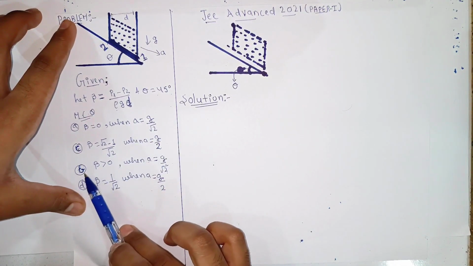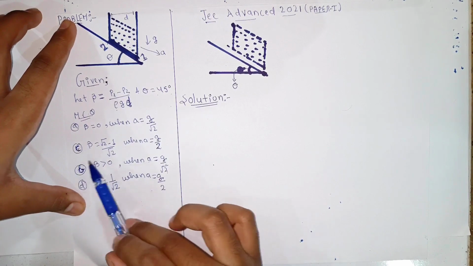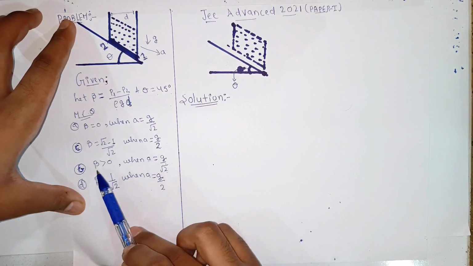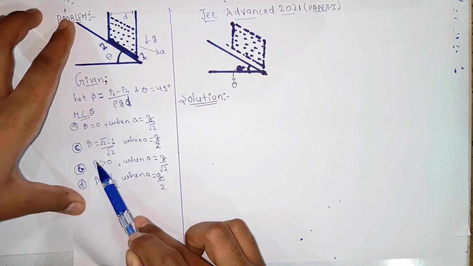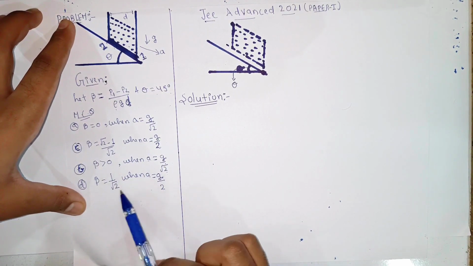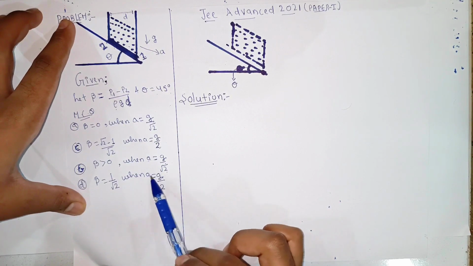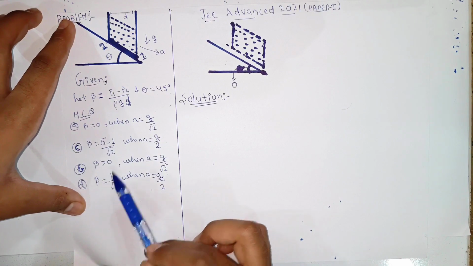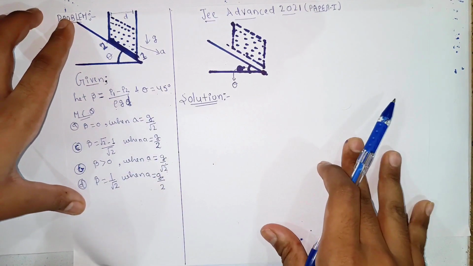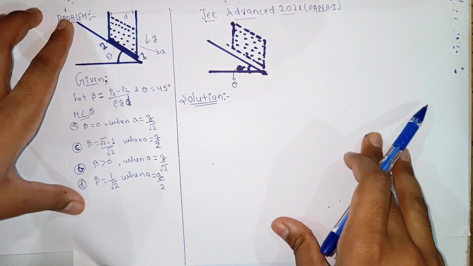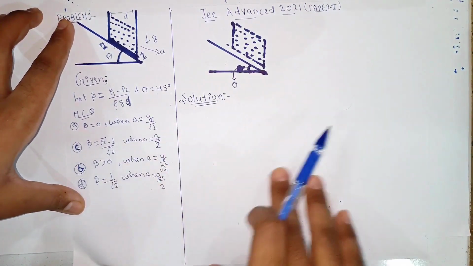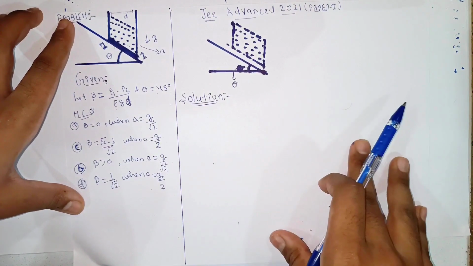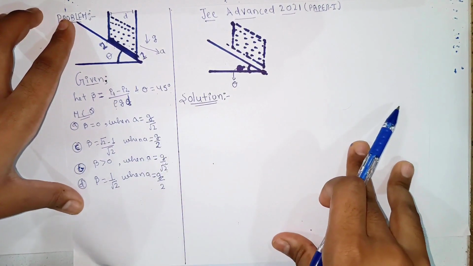Similarly this is option B. Actually I have by mistake written it down. When A is g by root 2, then beta is greater than 0, meaning beta is positive. Okay, option D says when A, the acceleration, is g by 2, beta is 1 by root 2. So we have to check all the options, and based on our solution we have to mark the number of options which are correct and relevant with respect to this problem.